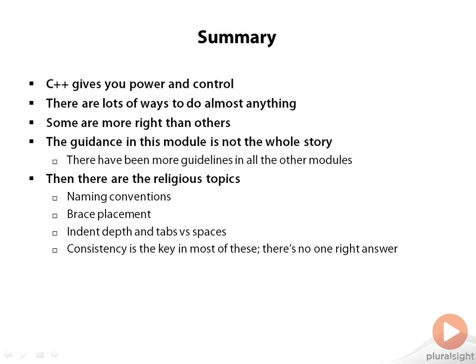I think it's fantastic to have a company or team style guide in which you make rules like member variables will all start with the letter M, or never start member variables with the letter M, or use underscores to separate words in your variables, or never use underscores to separate words in your variables. What really matters here is that your team is consistent. It's horrible when you can't read someone's code because one person on the team puts their braces differently, or you can't fit as many lines of code, or whatever your religious argument is. The whole team does the same thing. You're a happy team. I am so not talking about this stuff.